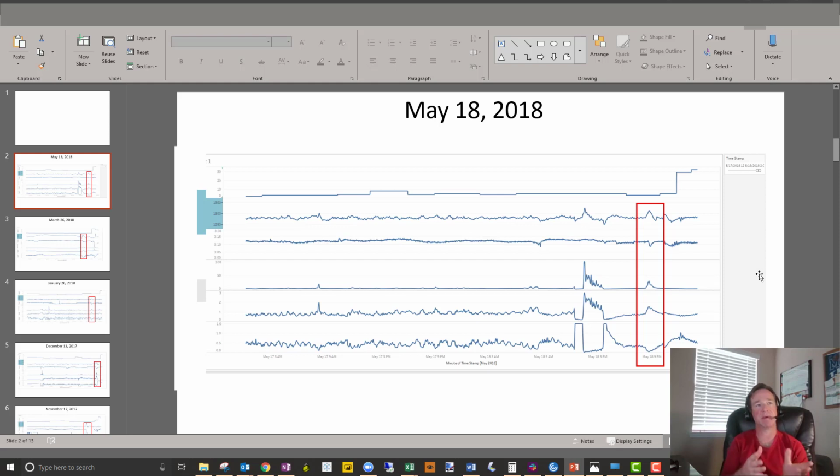To set this up, I can't give too much away because I don't want to tell you who this is or what kind of process this is, and it doesn't even matter. But what we were looking for is, on this top signal, we see this big spike. That was a lab measurement confirming that there was a problem. It was a contamination problem. What we'd see is a temperature spike, a drop in another signal, a spike in another, a spike in another, and a drop in another. All happen within about a 15-minute window. And that could be anywhere between about 2.5 hours before this spike and maybe even as much as a day.